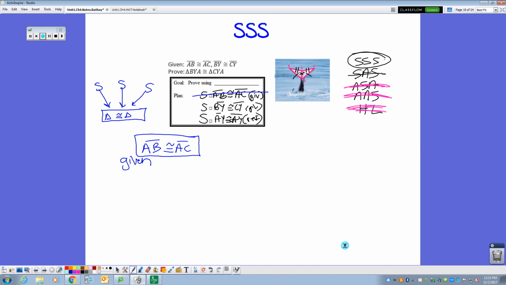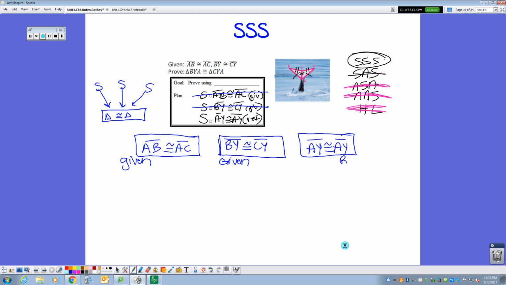That branch is done. My second branch, BY is congruent to CY, that also was given, so I can just write that in. And that branch is done. My third branch, AY is congruent to AY. Not given, but it was reflexive property, so there are no boxes that come above it. We can just write it down. And my 3 branches are complete, so I am ready to go